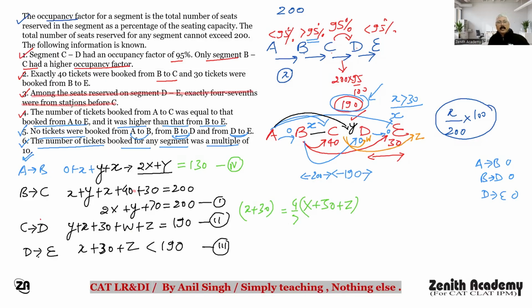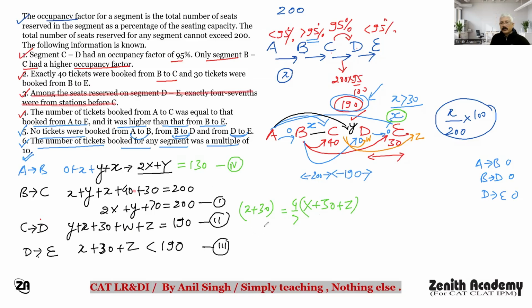Is it clear? फिर से सुनिए. Among the seat reserved on segment D and E, D to E, तो D to E seat reserved, X plus 30 plus Z. Exactly 4/7, इसकी 4/7 were from stations before C. Before C, तो ये X देखो, A से बुक हुई थी, इसका मतलब बिफोर स्टेशन सी हो गया। ये 30 भी कब बुक हुई थी? ये 30 बुक हुई थी स्टेशन बी से, B to E 30 था, तो ये भी 30 आ गया। अब ये जो जेड है, ये जेड सीट्स कब, ये सी के बाद, ये C to E रिजर्व हुई थी, और यहां पर था बिफोर स्टेशन सी। तो इट मीन्स x+30 इज इक्वल टू 4/7 ऑफ x+30+z।